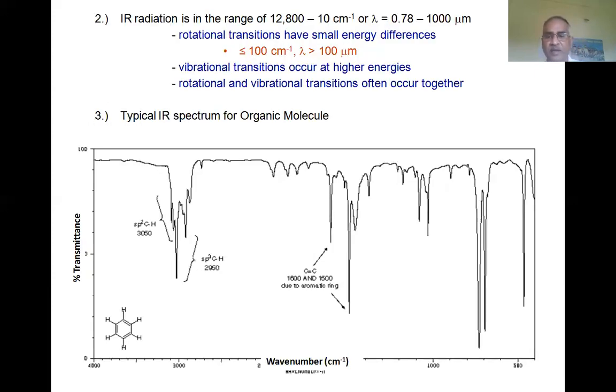And this is a typical infrared spectrum. So you can see wave number, centimeter inverse, on the x-axis, and percent transmittance on the y-axis. And these are the peaks that show the transmittance. If you take absorbance, instead of becoming valleys, they would become peaks. So there will be just a reverse of this if you consider absorbance. So it is a common practice to take percent transmittance on the y-axis.